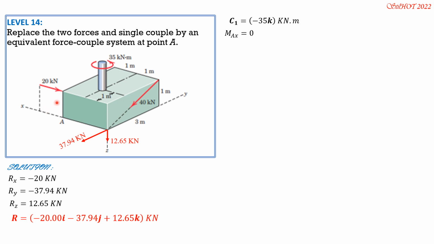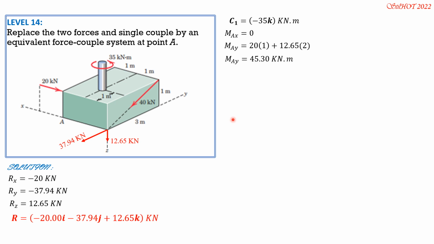Then your four fingers will curl in this manner. So this is the positive sense of moment. So therefore 20 is positive. 20 times 1, that's 1. Then plus 12.65 times 2. So MAY is 20 times 1 plus 12.65 times 2. So MAY is equal to 45.2